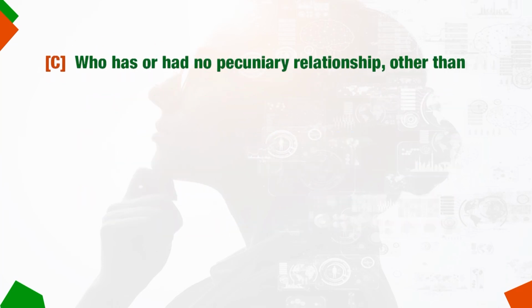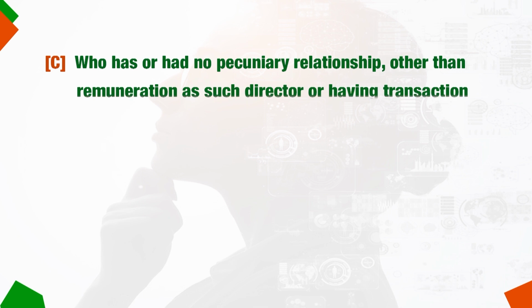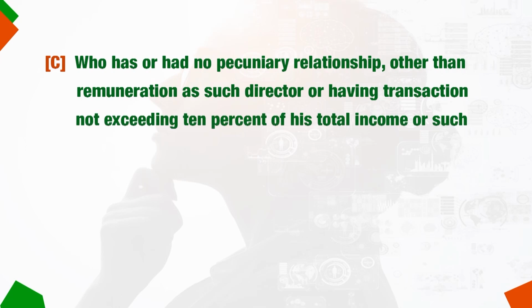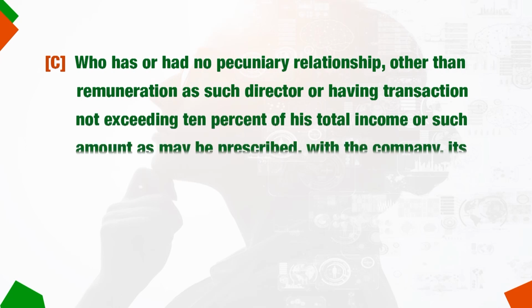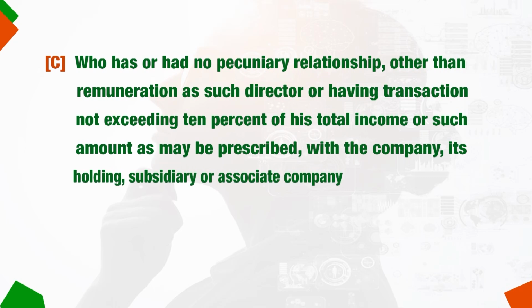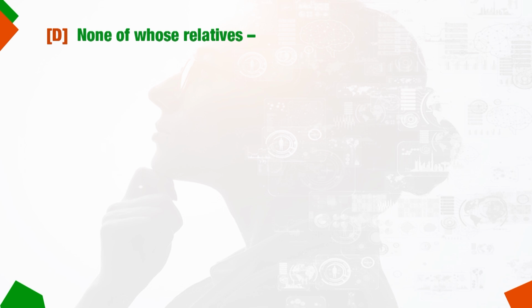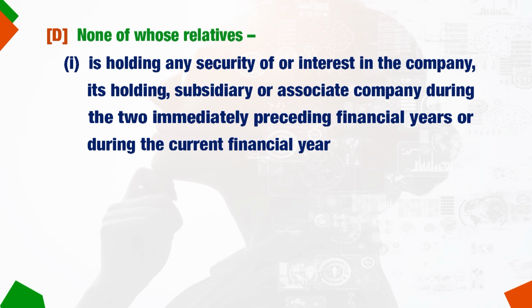C, who has or had no pecuniary relationship, other than remuneration as such director or having transaction not exceeding 10% of his total income or such amount as may be prescribed, with the company, its holding, subsidiary or associate company or their promoters or directors during the two immediately preceding financial years or during the current financial year. D, none of whose relatives, number first, is holding any security of or interest in the company, its holding, subsidiary or associate company during the two immediately preceding financial years or during the current financial year,